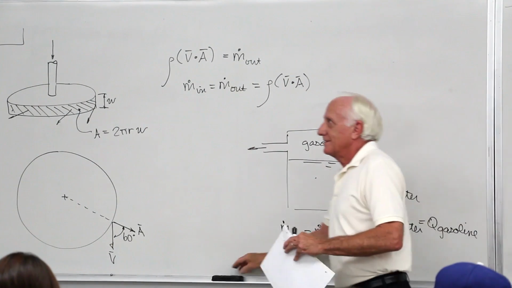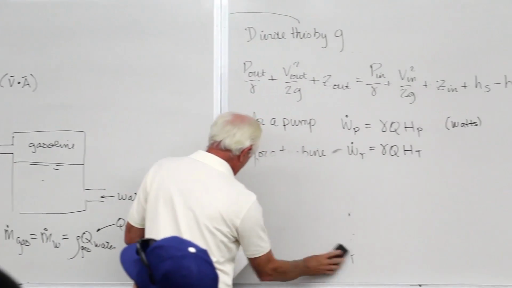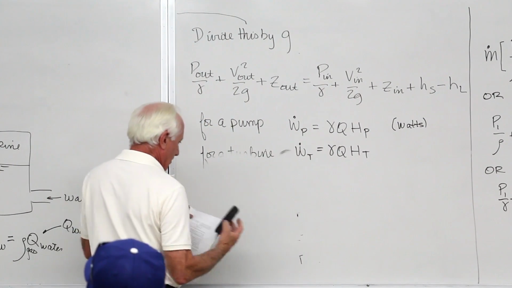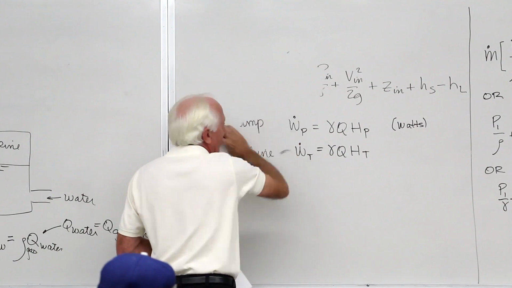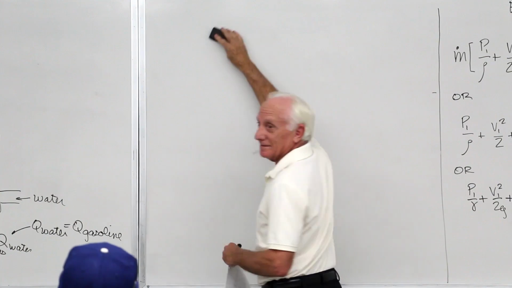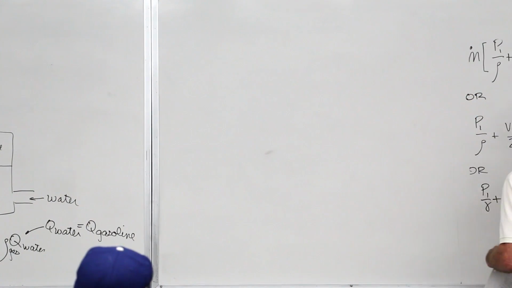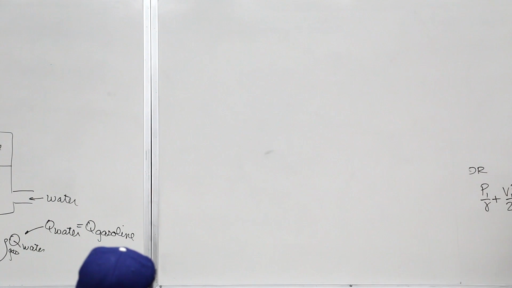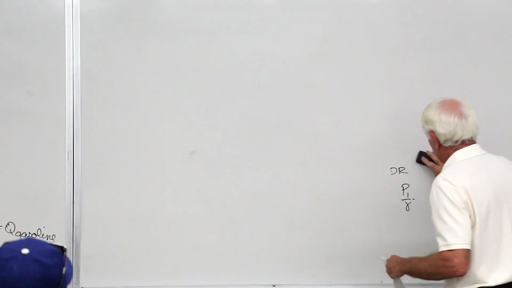All right, now let's take the last few minutes. You have problem 4.12 for homework, and I've had two or three people come in the office hour wanting to know. Professor? Yes. My question on 5.12 is that by conservation or the continuity, for it to be steady state, m dot gasoline and m dot water,